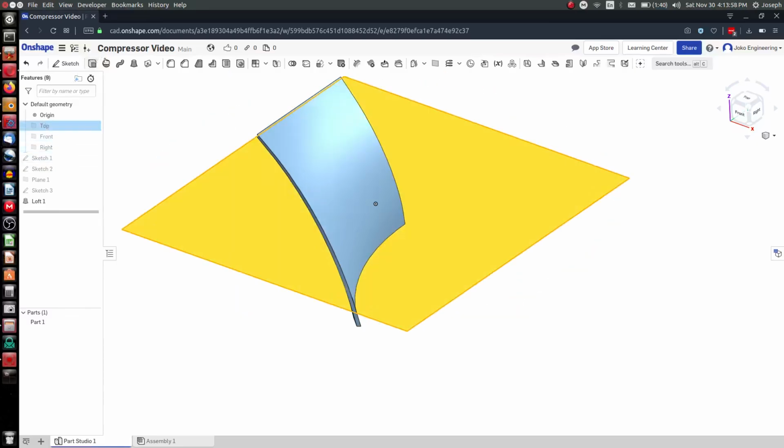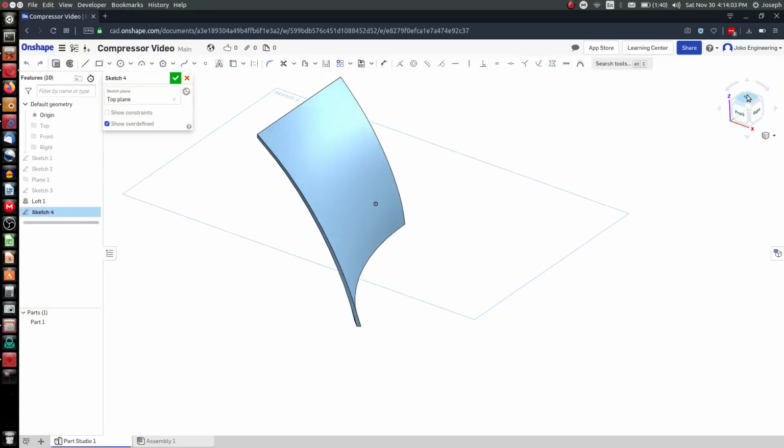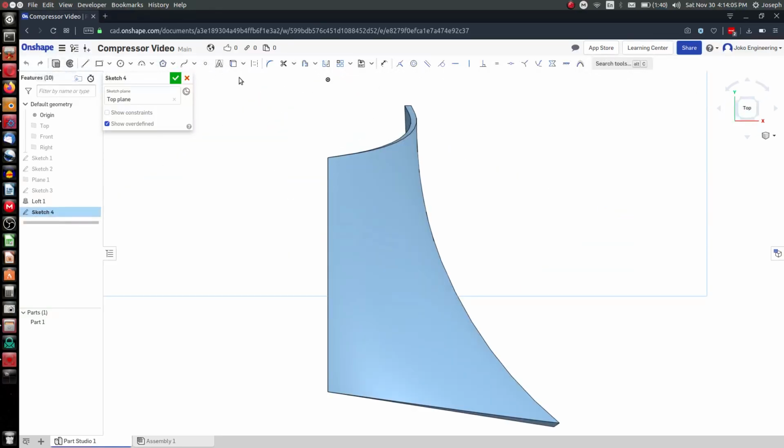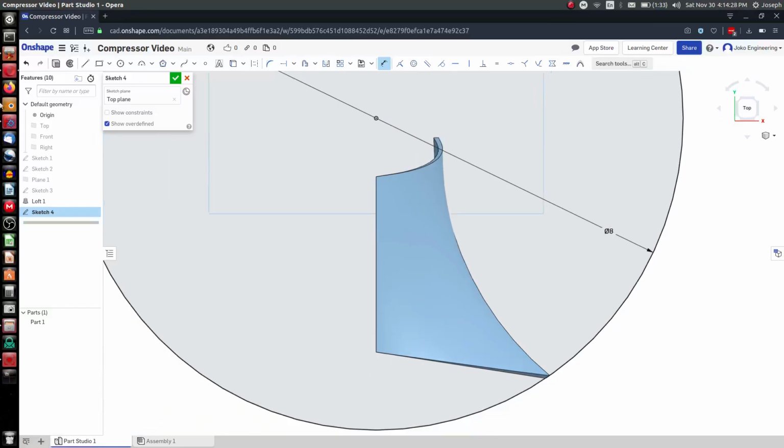So let's choose the top plane, create a sketch. We're going to view from the top, and let's go with a circle from the origin. We can give it a dimension, 8 inches. Again, I think that was the cloud computing that didn't quite catch the 8 that I typed. There we go. Now we can extrude,